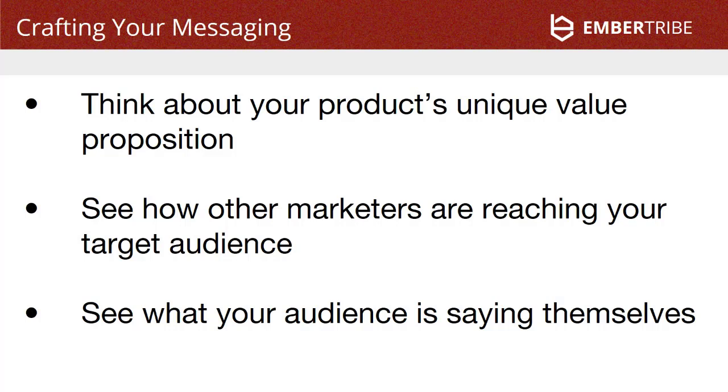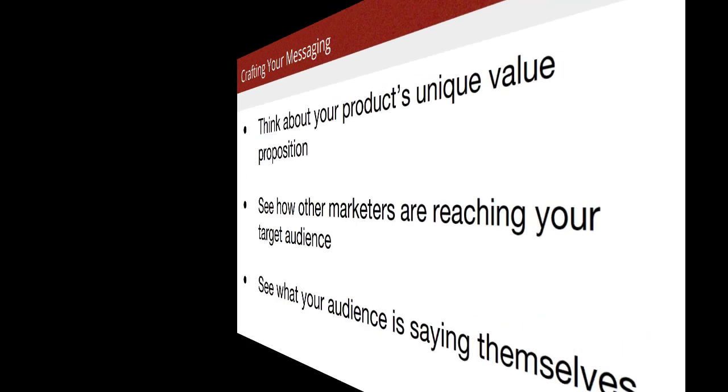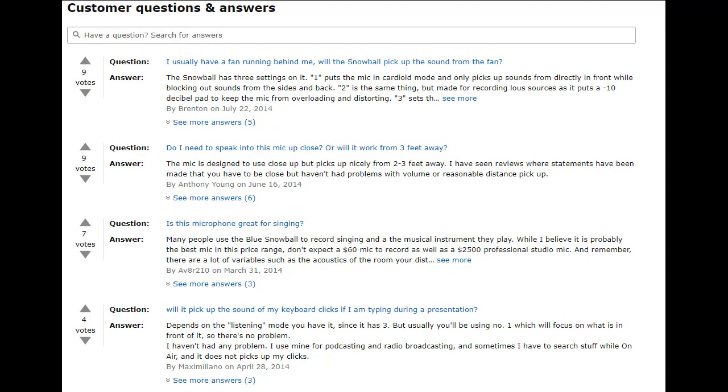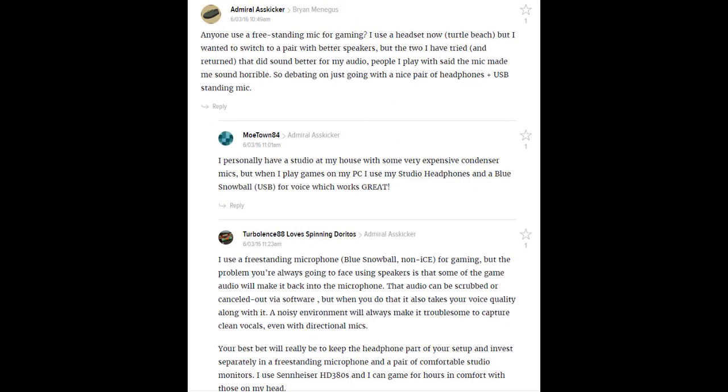But you also want to look at what others are saying out there. So how are other marketers targeting the same audience that you're trying to reach? And what are your customers saying themselves? So what do they like or dislike about products in your industry? And how can you figure that out? Well, by reading forum posts or reviews of your product or your competitor's product. It's a great way to get insight into what your customers are looking for and really what their pain points are. And fortunately, many people go into great detail in these reviews and forum posts.